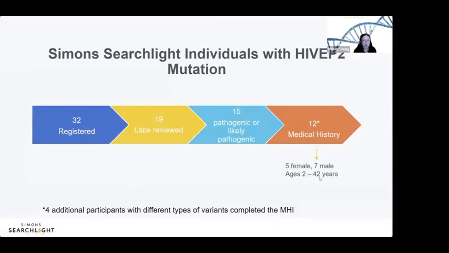Although we do have one individual at 42 years of age, we're definitely skewed towards individuals even less than 10 years of age. So 32 individuals started the registration process. The first step in this process is that we ask you to show us a copy of the actual laboratory genetic test report. We're doing that because, believe it or not, everyone who comes to us with a diagnosis, is that really truly their correct genetic